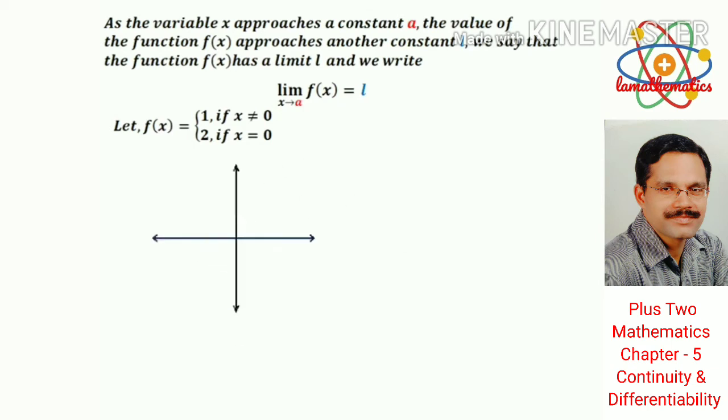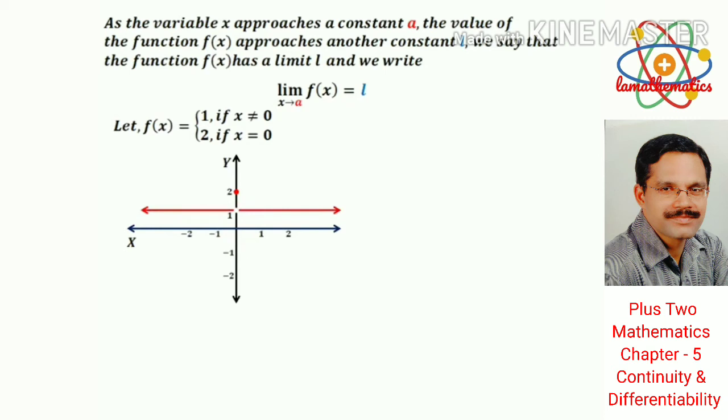We draw the graph of f of x. X-axis, y-axis, marking numbers, graph of y equal to 1, or f of x equal to 1. Here it is to be noted that there is a break at the point 0, 1 on the line y equal to 1 in this figure. At x equal to 0, f of x equal to 2. Hence, the graph contains the point 0, 2 also.